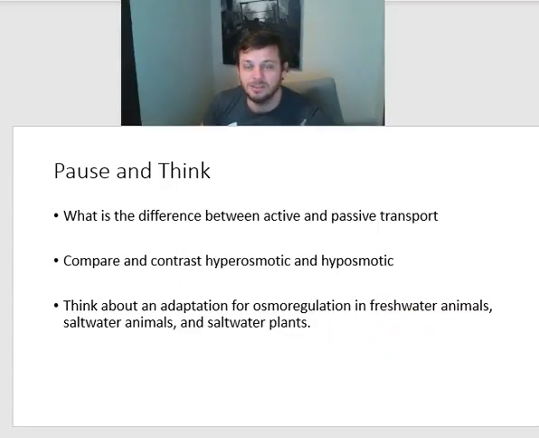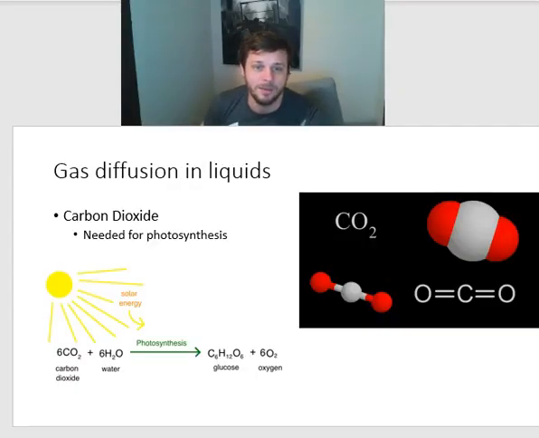Think about some of the adaptations we talked about, osmoregulation in our freshwater animals, saltwater animals, and our plants. And we will pick up with gas diffusion